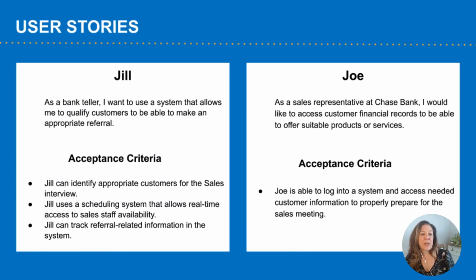From the personas that we created, we were able to then create the following user stories. One for Jill, the bank teller, and one for Joe, the sales representative. Jill's user story is that she wants to use a system that allows her to qualify customers to be able to make an appropriate referral. The acceptance criteria is Jill can identify appropriate customers for the sales interview, Jill uses a schedule system that allows real-time access to sales staff availability,